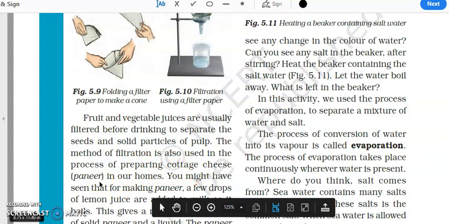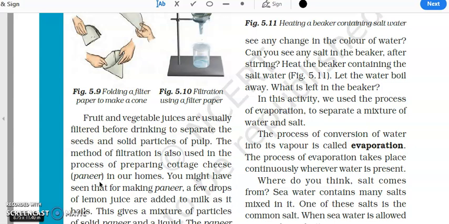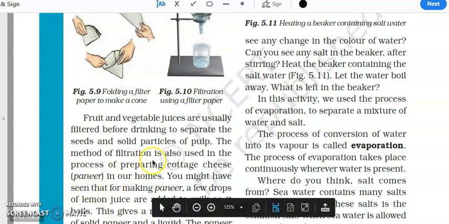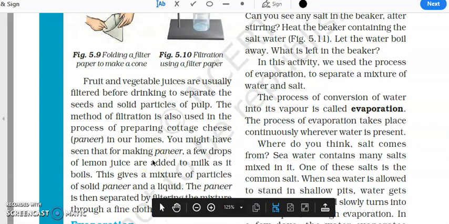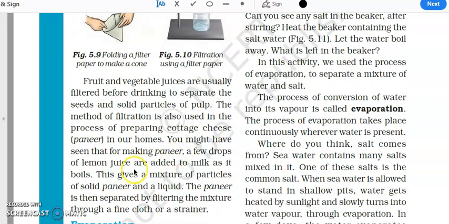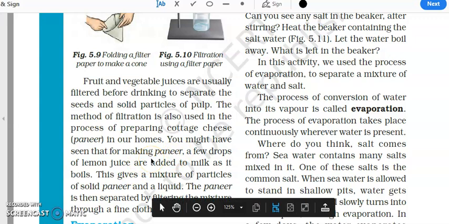Your mama must have prepared paneer using milk, and while preparing paneer or cottage cheese, a lot of liquid needs to be removed, and this liquid is removed using the method of filtration using a muslin cloth. We can use a fine cotton cloth also as a filter.